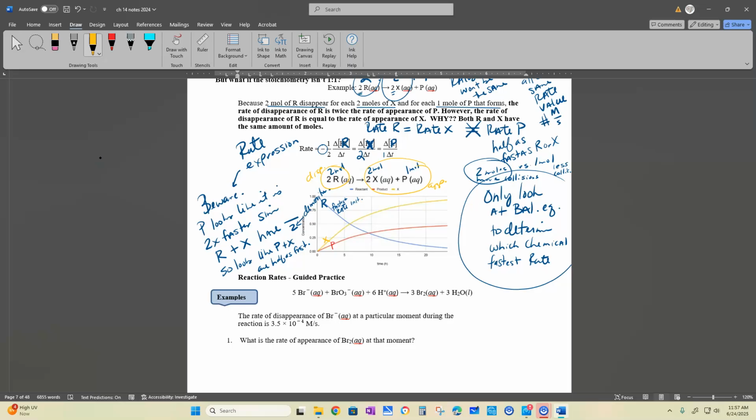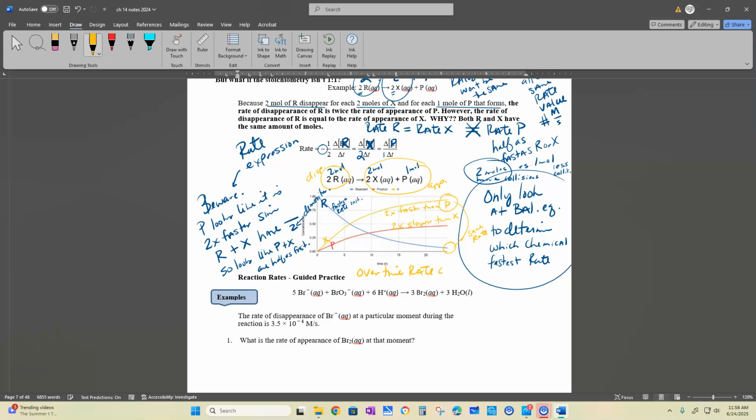Why are X and P at 2 different? Because remember, P right here is 2 times slower than X. X is 2 times faster than P. Okay? But what about R and P? This and this, whoops, have the same rate over time. Okay? So, remember, rate is the fastest in the beginning, but over time,